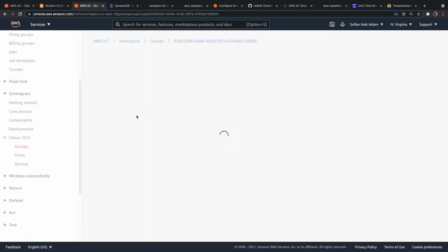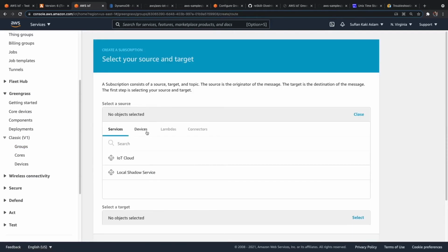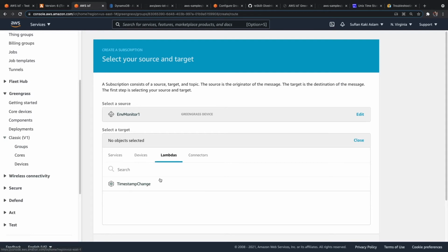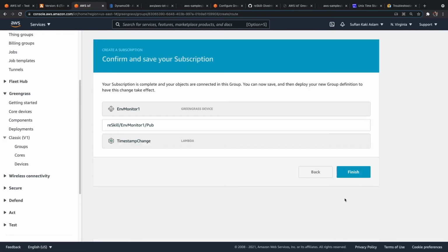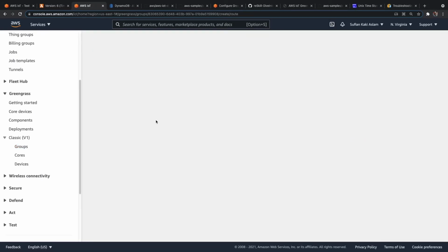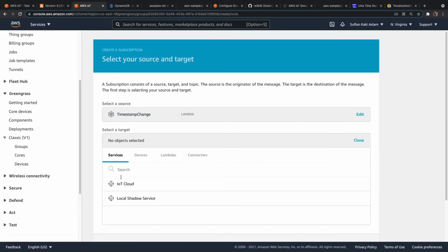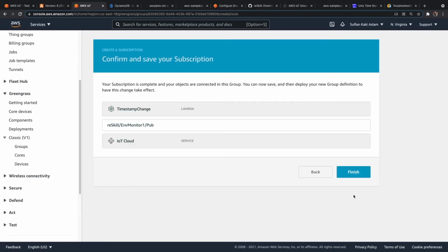And once that happens, we can again go back to subscriptions, add the subscription. So from env monitor 1, we want data to go to this Lambda in this topic and then finish. Similarly, from the Lambda function now, we want data to come to IoT cloud in that same topic.